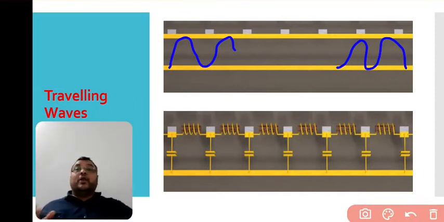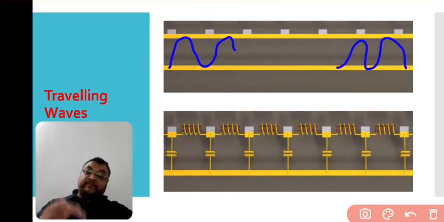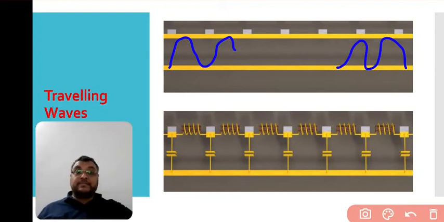Now with nothing connected to the end of the line, the voltage at the end of the transmission line reaches double the value of the input voltage. When this happens, the voltage becomes double whatever magnitude we apply at the input. How it comes about, I will show you later in this video lecture.